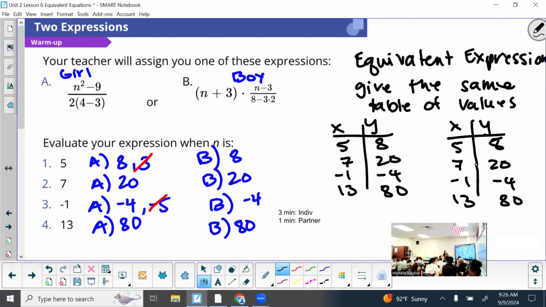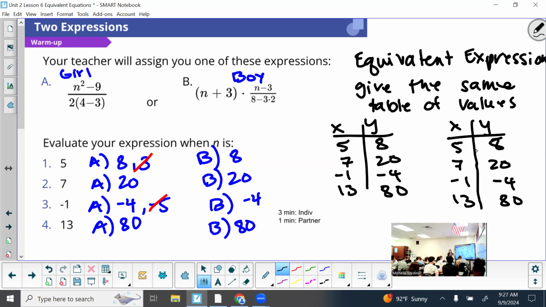What do you usually do with these input-output pairs? Where can we put them? Maybe we're not there yet, but you'll see later how to count them equivalent other than having the same table of values. Okay, but great. That is our lesson today. That's not the whole lesson, but our lesson is about equivalent equations. So now we're going to add an equal sign, make it an equation, but the premise is still the same. If I can plug in the same inputs and get the same outputs, even though they look a little different,